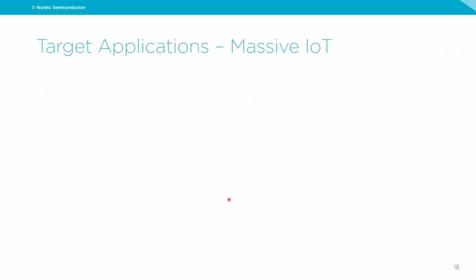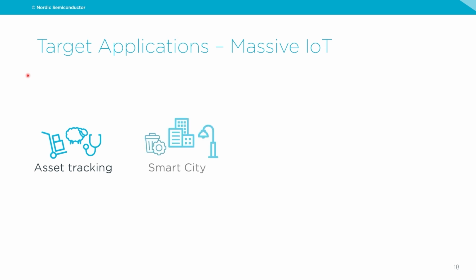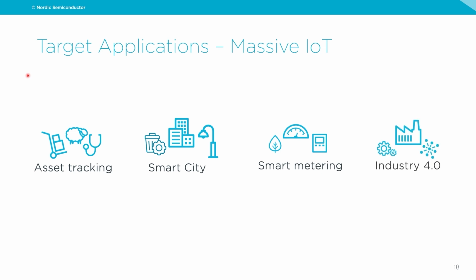So we went through Cellular IoT within LPWAN, the benefits of Cellular IoT and various business and technical factors. And let's look at some of the most important applications where Cellular IoT really brings a lot of benefits. The first one is asset tracking. Essentially, you have an asset, it has value, and you want to track it anywhere, anytime. Smart cities, essentially digitalizing our cities and urban environments. Smart metering, the ability to extract data from a variety of meters, so that you don't need to, for example, deploy technicians to go in and make the reading. And then a lot of applications within Industry 4.0.